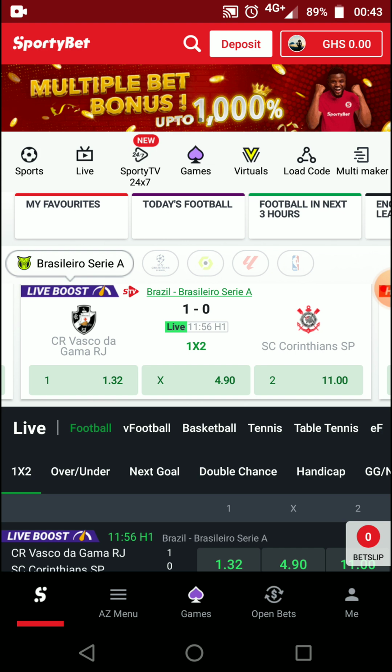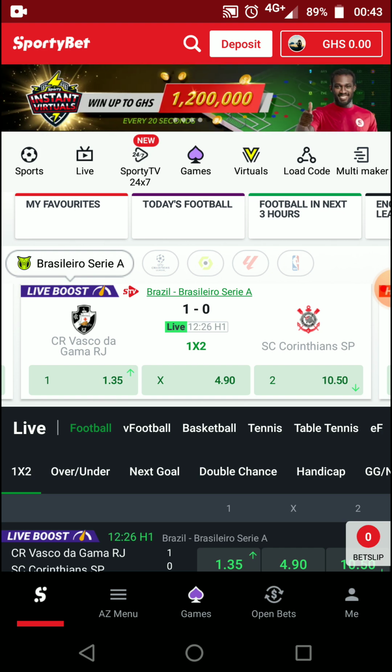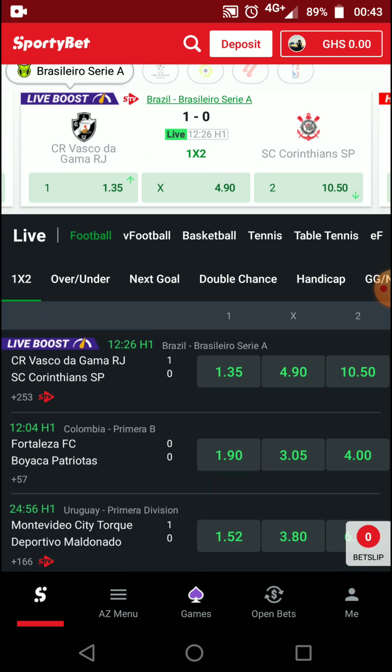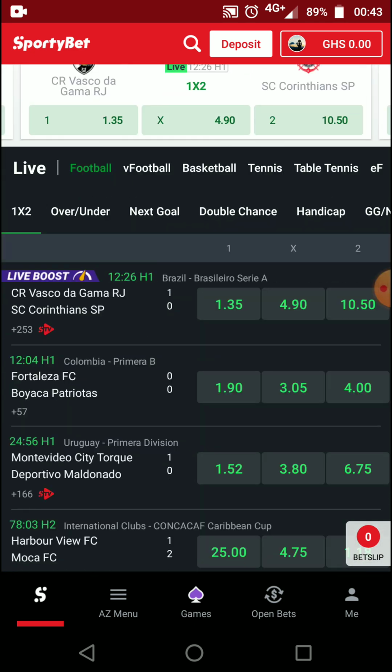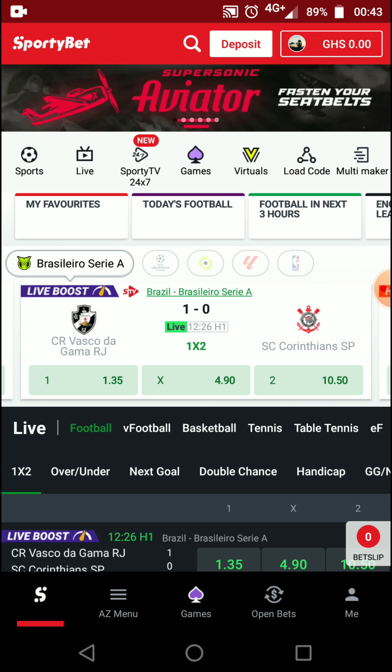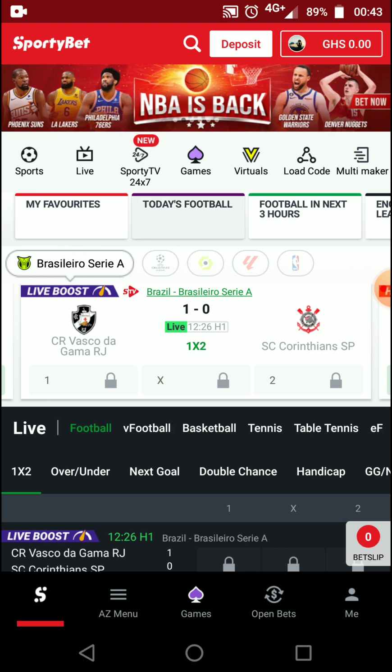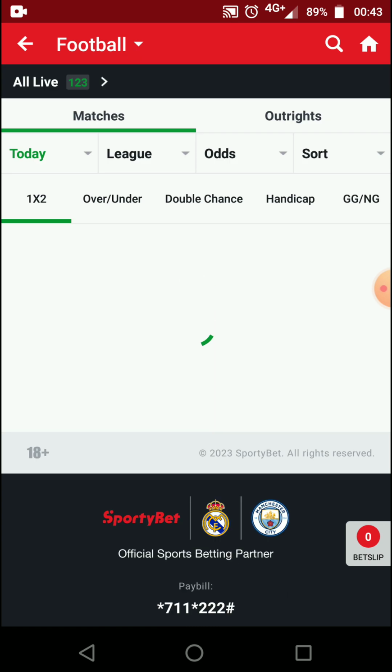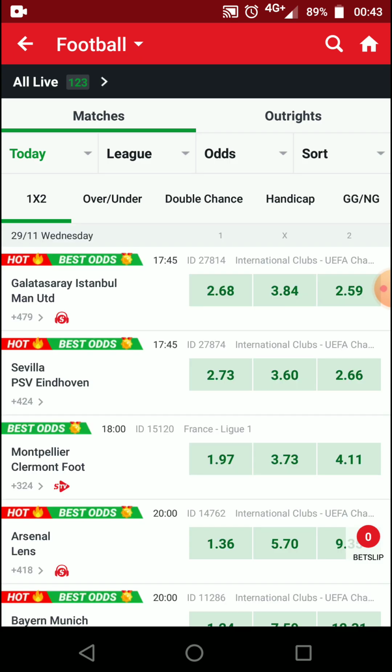If you have a Sportybet account, just open your Sportybet. This is mine. As you can see, this is my Sportybet account. All you have to do is click on, let's say, today's football. Let's go to today's football on the screen. So over here, what we are going to do is,